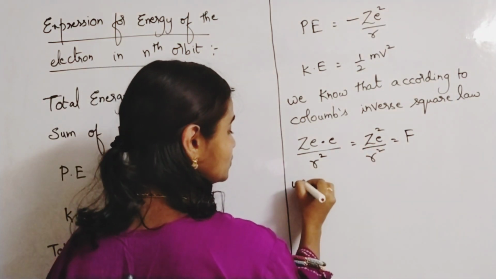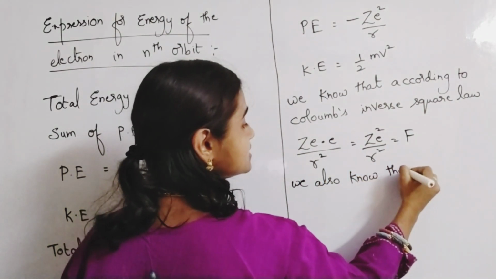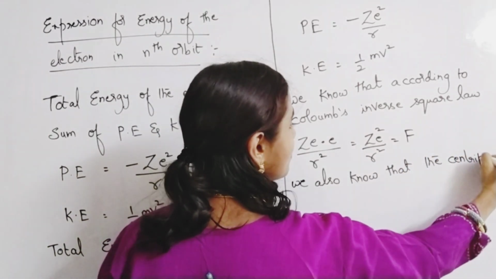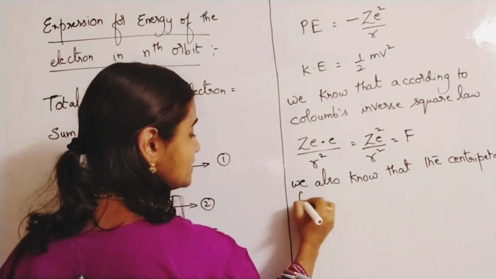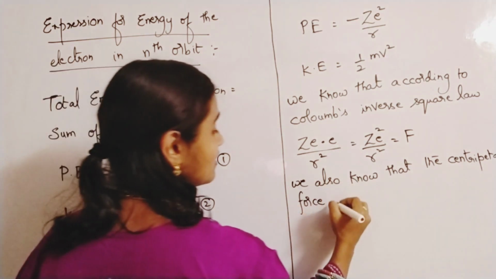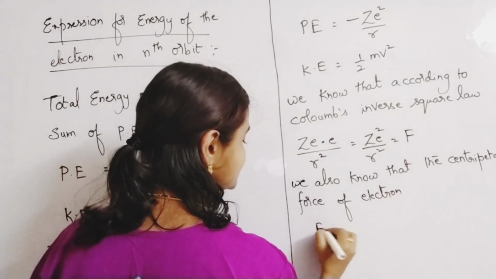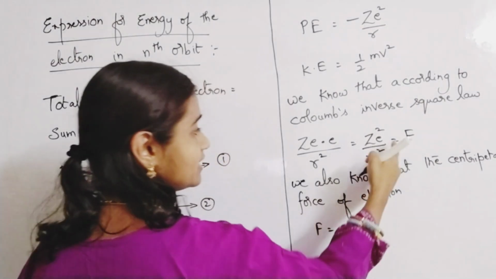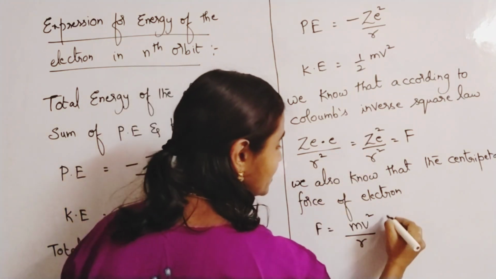And we also know that the centripetal or centrifugal force exerted by the electron is given by the formula F is equal to mv square by r. Here this is one F, this is one more F. If you are going to equate these two,